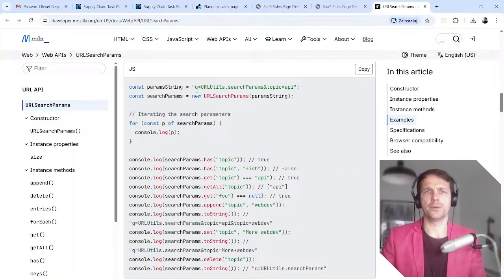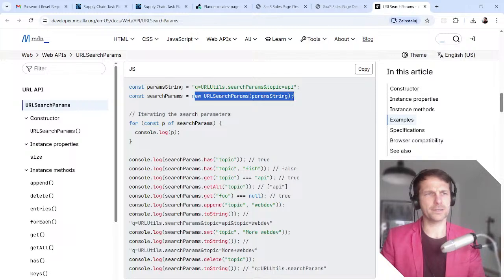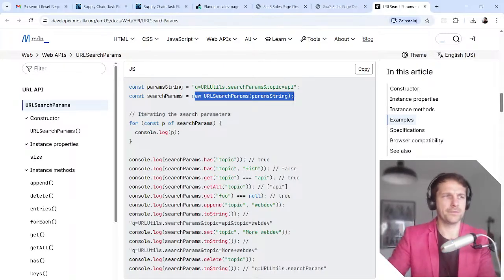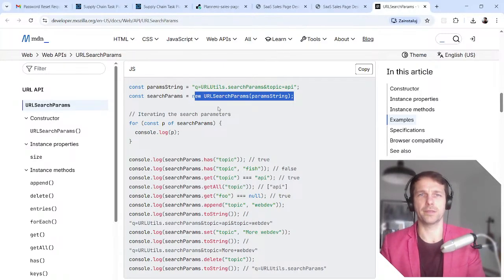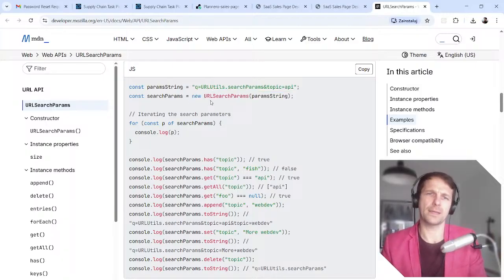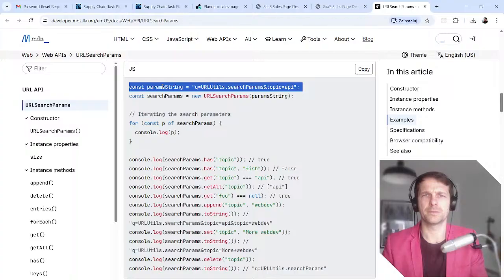Okay, URL search params. Is this like a function in JavaScript? It's better to take it from the React API. Maybe the React API will just do the same thing in the background. So yes, I agree. Param string search.